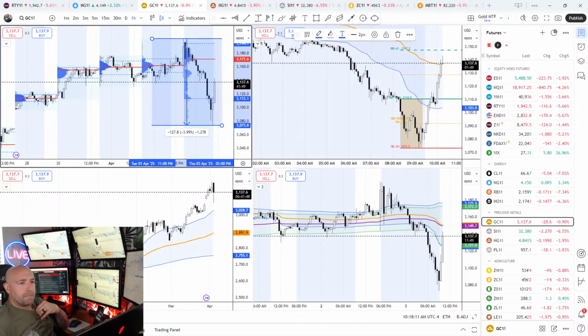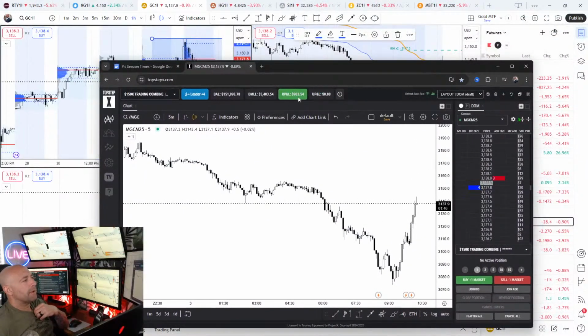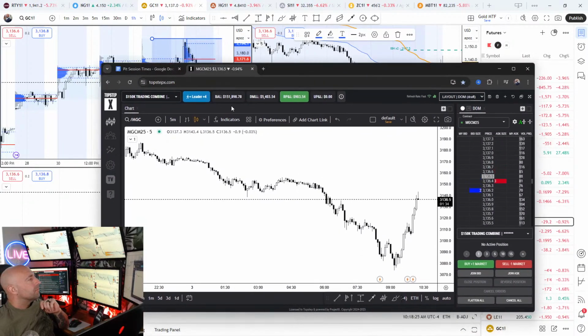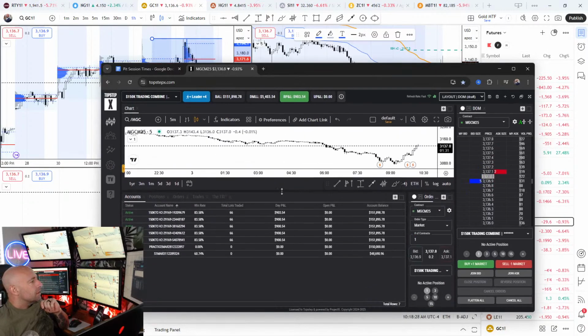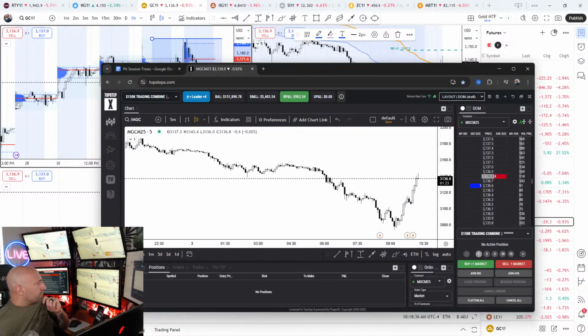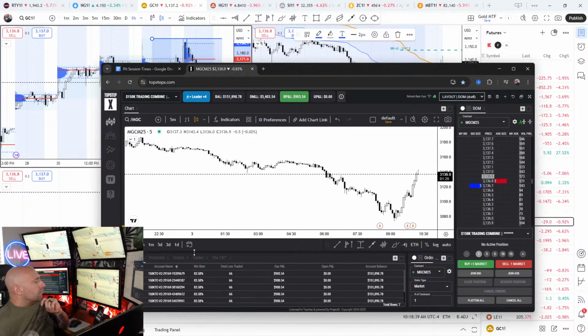Well, turned that into about a $500 winner by scaling in and looking for a little bit of retracement as it costs. Got a little bit of exhaustion there above VWAP. So that's about $900. Times 5. Almost at 2K in profit in these new combines. So not bad.